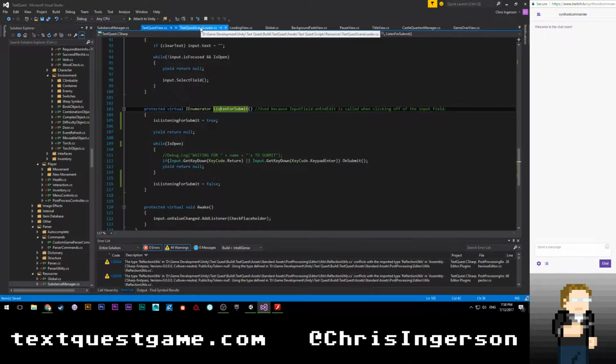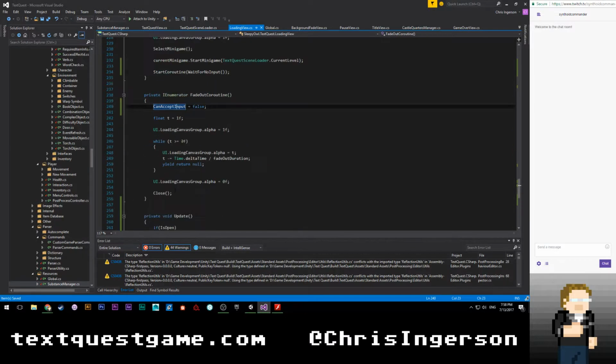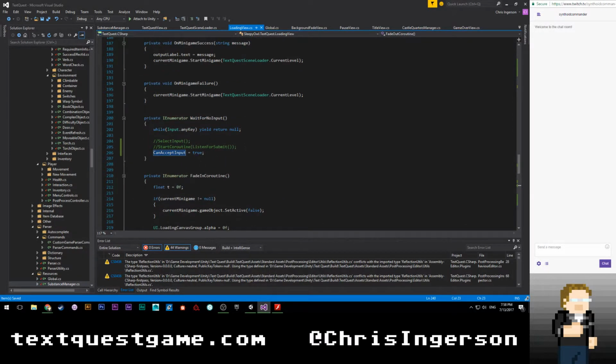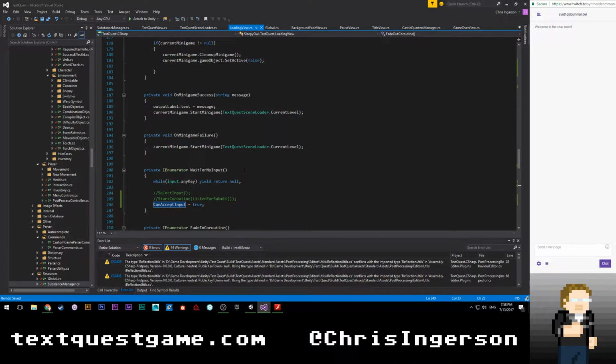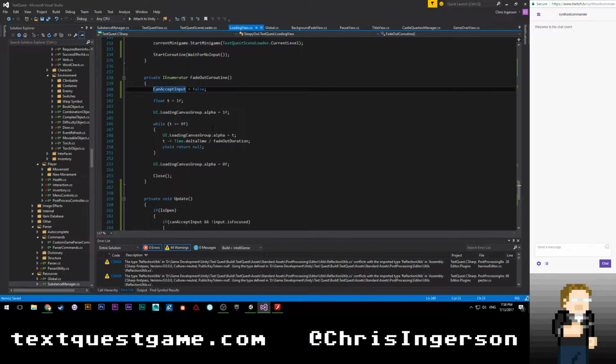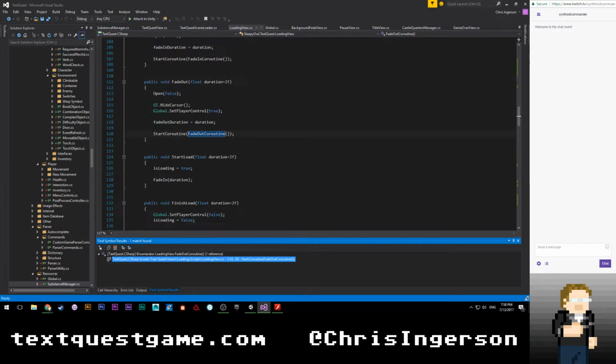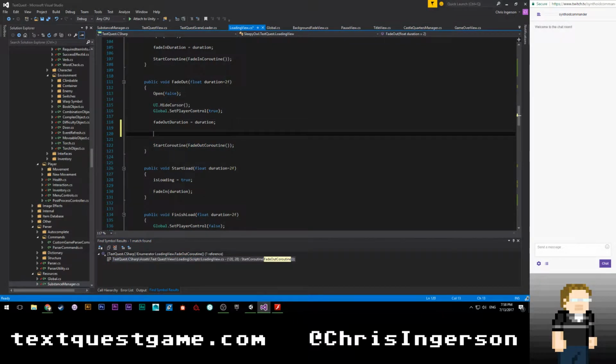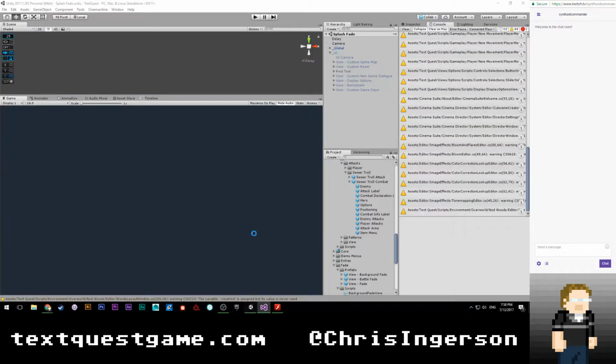Okay. Let me come over here to loading view. I have 3 coroutines, right? Fade out coroutine, fade in coroutine, and wait for no input coroutine. So let's go to where fade out coroutine would be called. Find all references right here. I'm going to, I guess, have to do just stop all coroutines here. And we'll see if that works. Because the problem is that I'm hitting enter and then it's reselecting it because of the wait for input coroutine, or wait for submit coroutine. So we can't really do that.